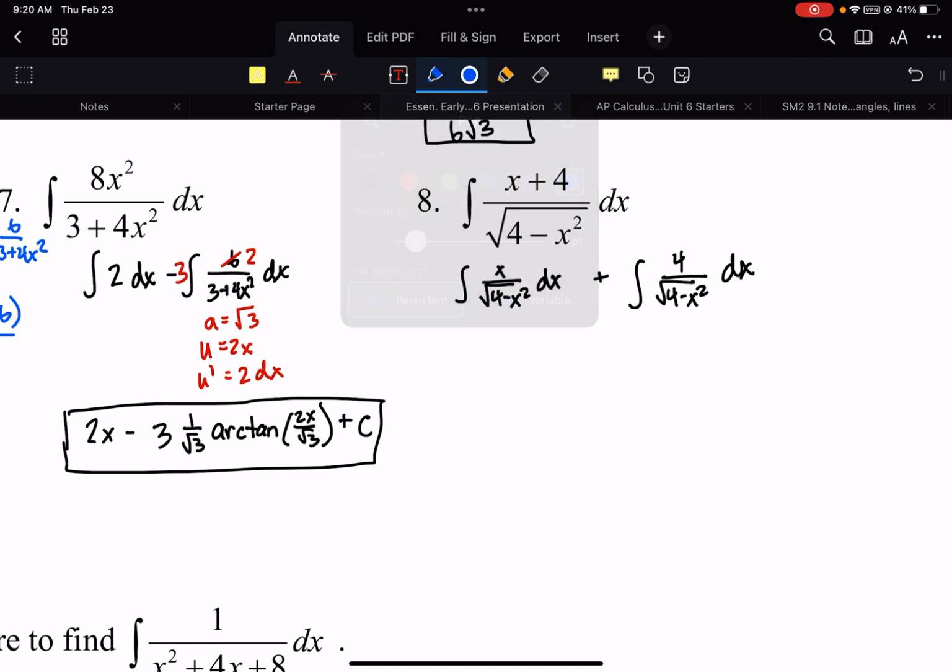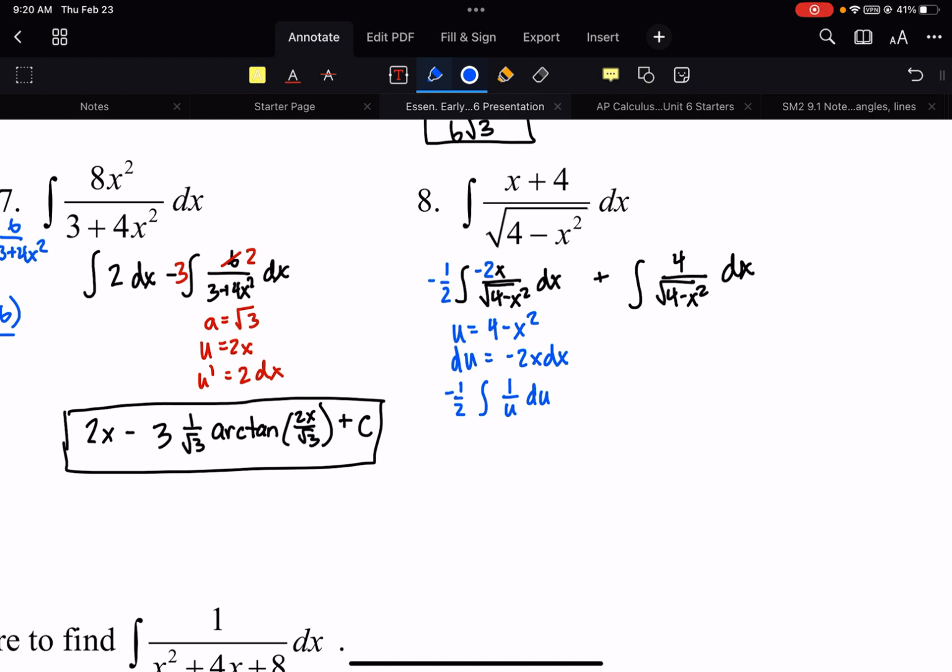I'm going to do this first integral all in blue and the next one all in green so you can easily see which is which. This first integral is just going to require a basic u sub. u equals 4 minus x squared, where du would be negative 2x dx. So I'm going to throw a negative 1/2 in front of my integral. And this turns into negative 1/2 times the integral of 1 over